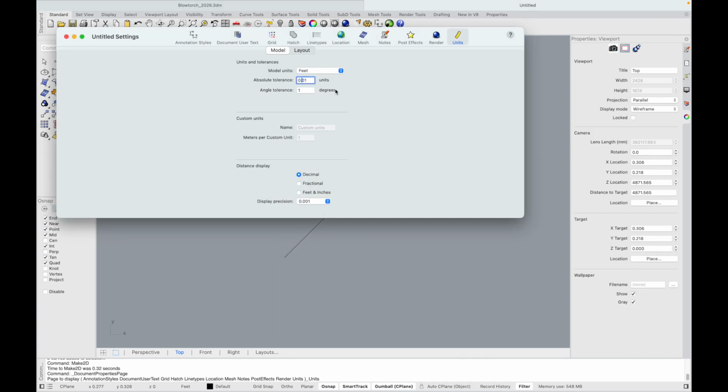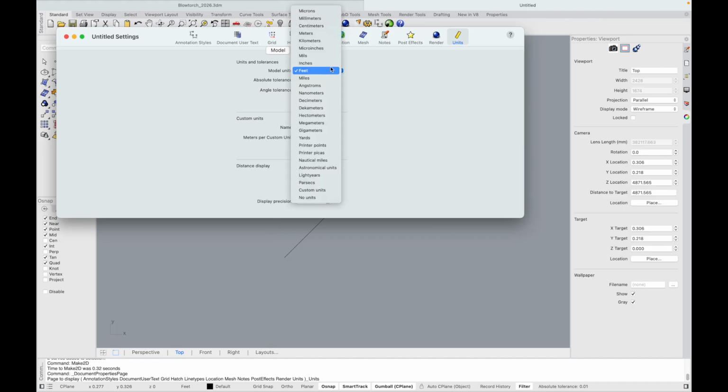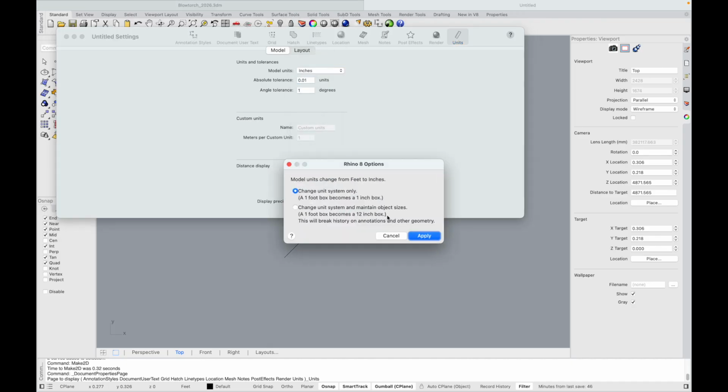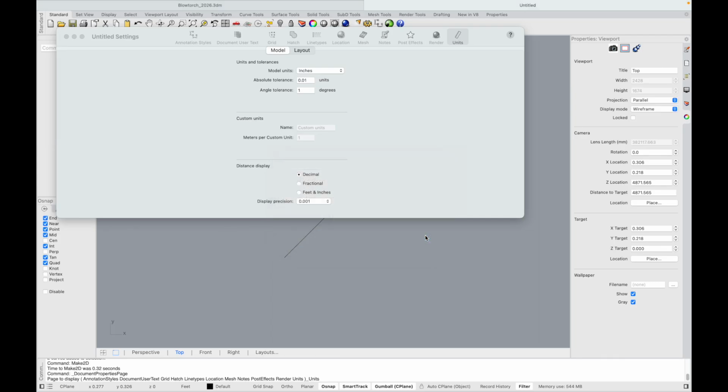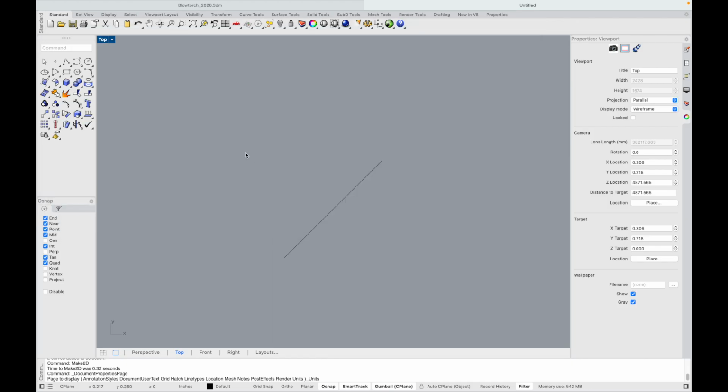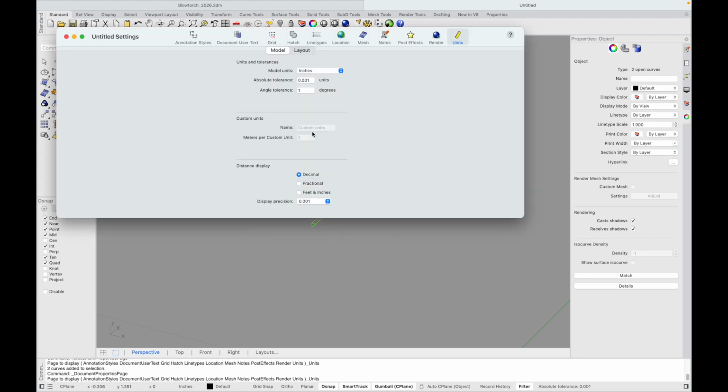Make sure you read that dialog box when it pops up, depending on how you have your model set up. Let's go ahead and change unit system only. Say apply. And let's go ahead and make this even smaller, just in case you're working with something real tiny or have some geometry that's really close together. So now if I go back to my image and make my drawing again,